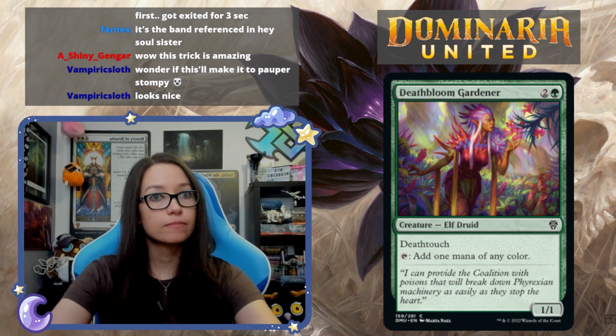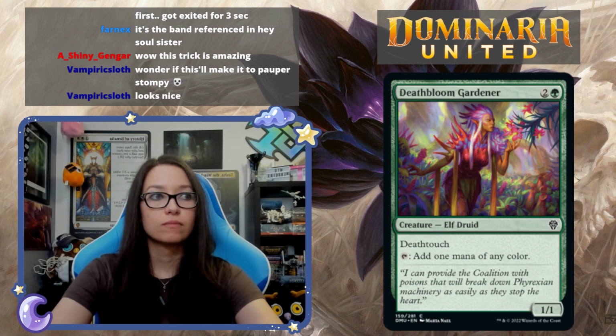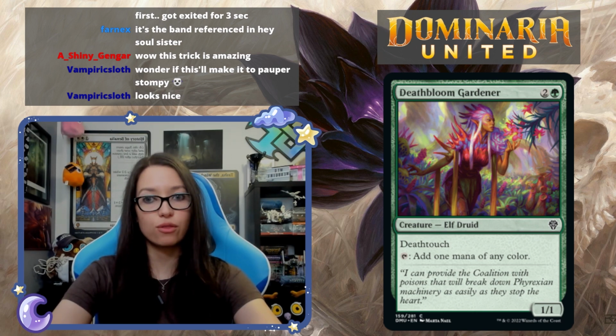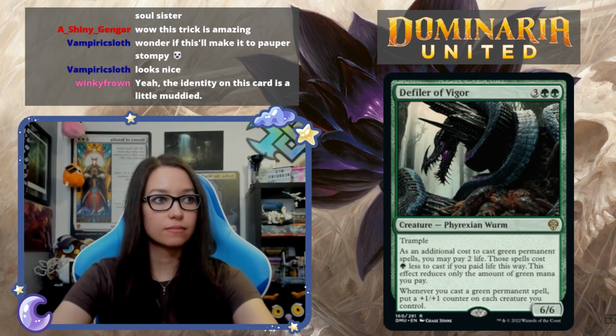Deathtouch on a 1/1 in green is usually 1 mana. Then you've got the fact that it ramps. It's just kind of a weird combination that probably does enough to be good, but doesn't really seem to fit. I think it's a 3. Yeah, it still ramps and fixes, so I think green is going to be probably the color most likely to be looking to splash, so...